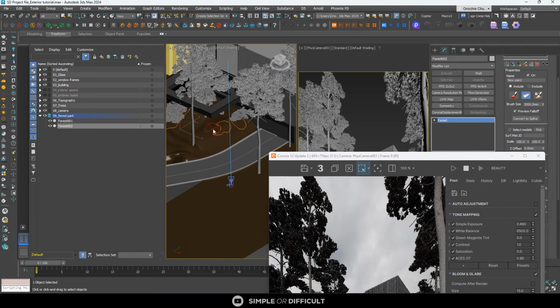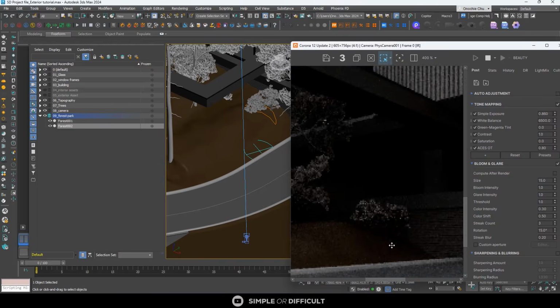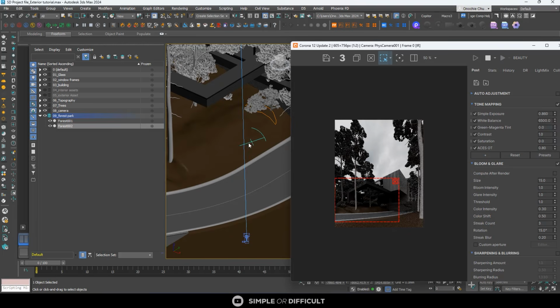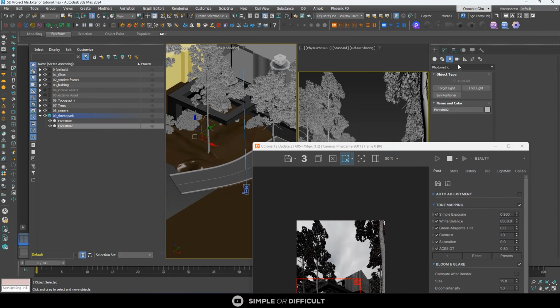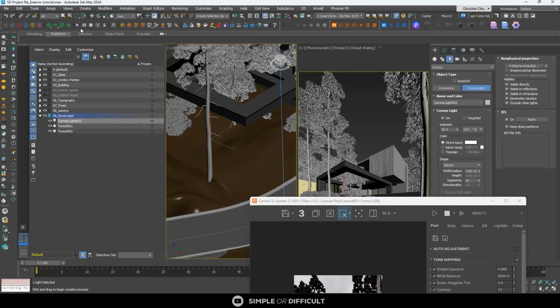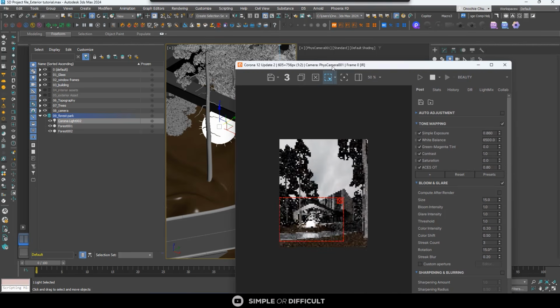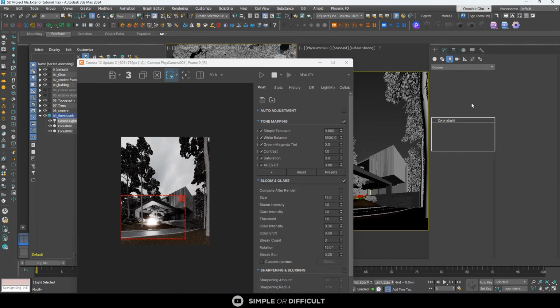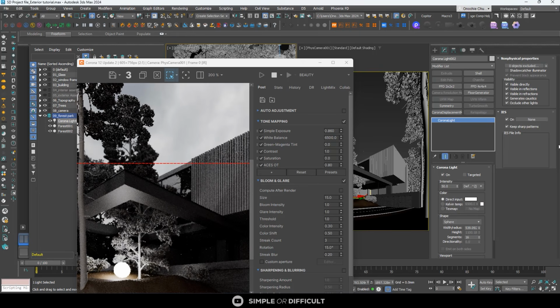So I can erase this. I erase that. You're going to see what we're going to be having. Let me just create a light so we can see what is going on around that area. So I'm going to add a Corona light. I'm going to put a sphere light in here. Okay, the light is actually big. I'm going to reduce the size. I'm going to turn off